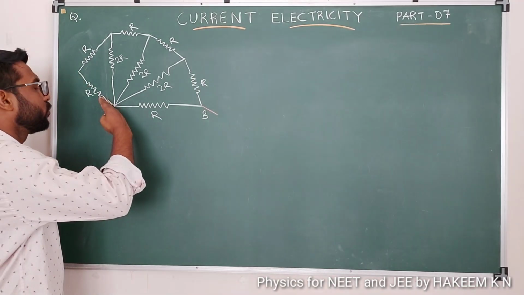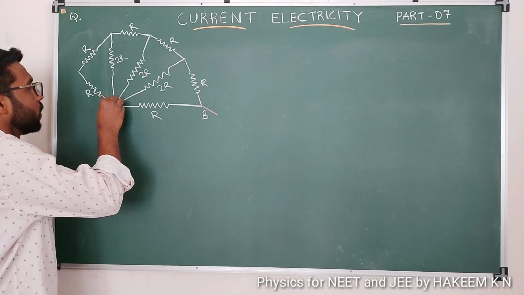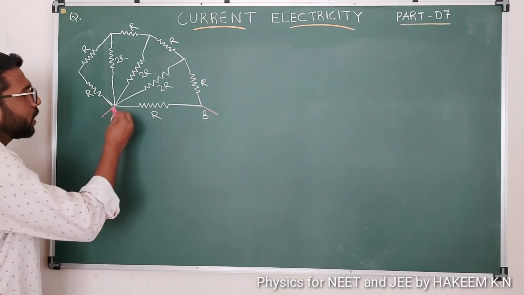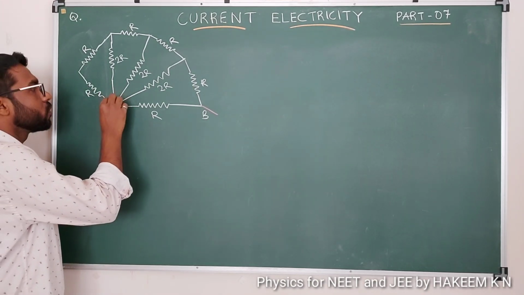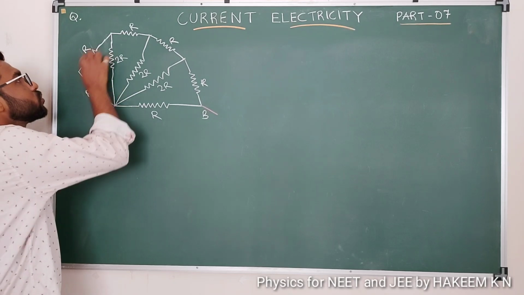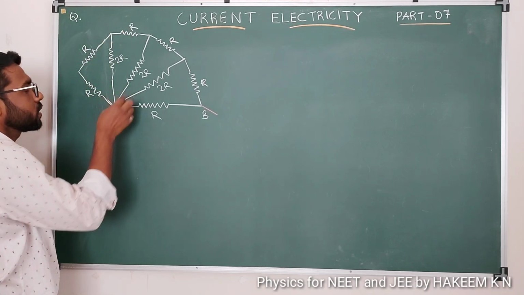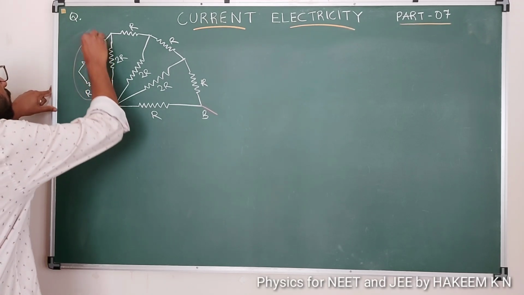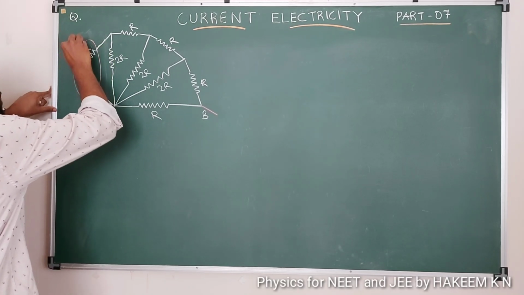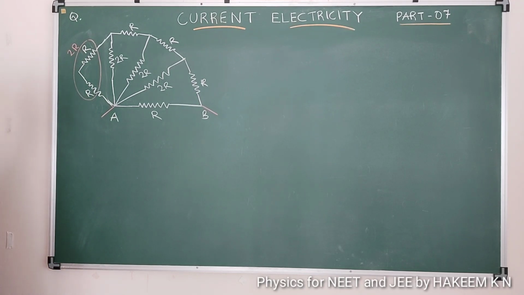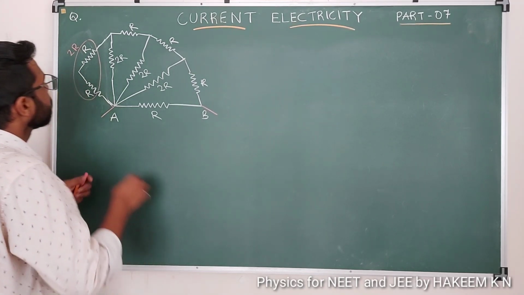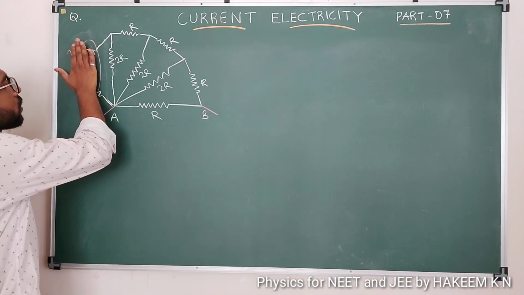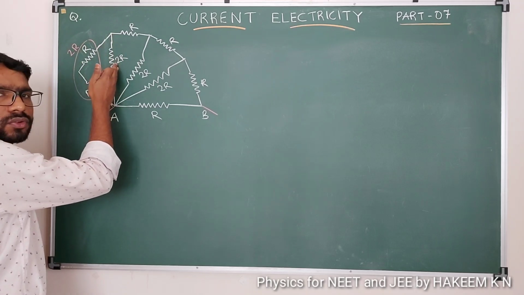One piece will flow through this arm. The current entering this arm flows through these two R's. So these two R's are in series, and we will get 2R, right? Now here we got a 2R and here also we are seeing a 2R.